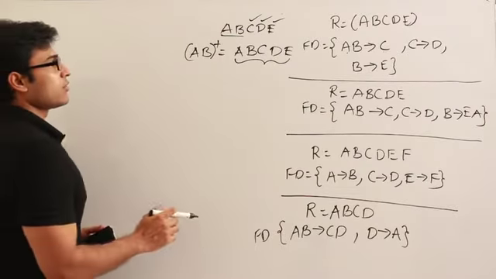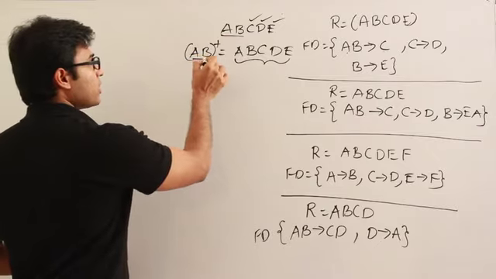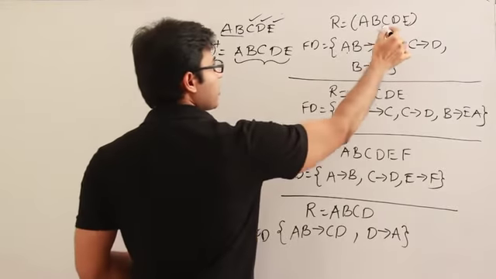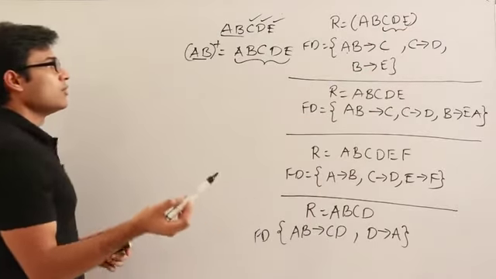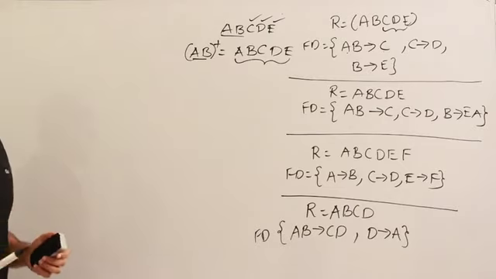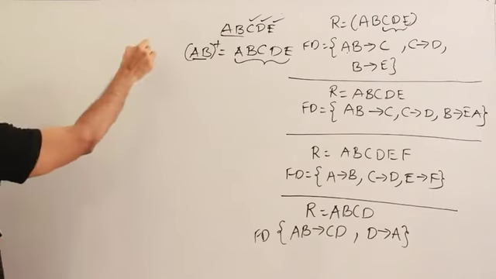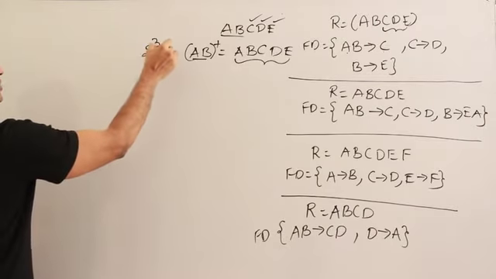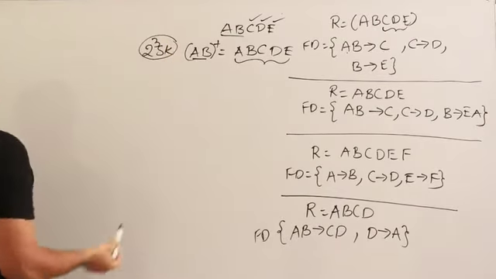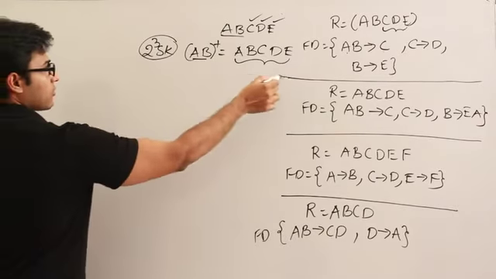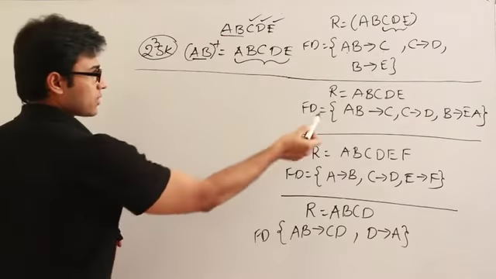And what about the number of super keys? Leave out AB and check the remaining. How many are there? 3 attributes are there. You know, with 3 elements, how many subsets can you form? 8. Therefore 2 power 3 super keys are possible for this one with one candidate key. Fine. Now let's check the next one.